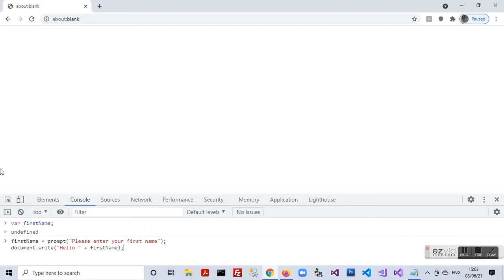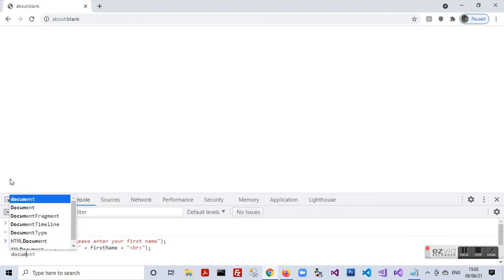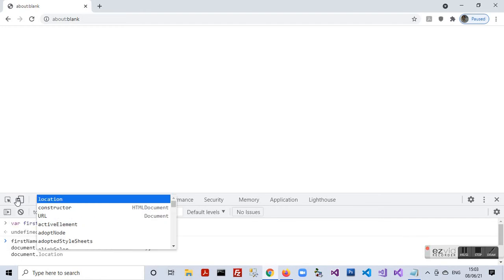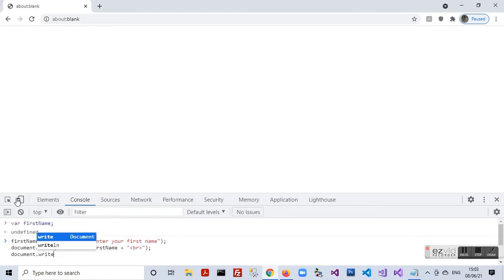Now we need to put in a line break after the end of this line. For putting in a line break, we need to put in the break tag, which is represented by BR enclosed within angle brackets. So I type angle bracket start, BR, angle bracket close, and then again I press shift plus enter to move on to the next line.